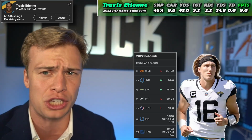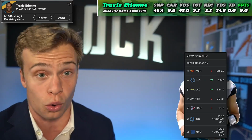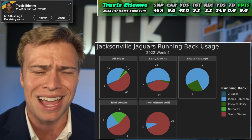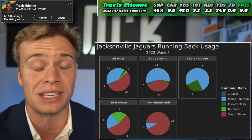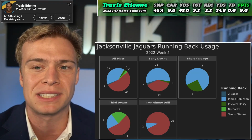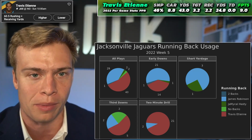Obviously, looks like James Robinson is going to have the goal line role. It looks like James Robinson is going to be the short area running back. I don't expect that to change. I still expect that James Robinson is heavily involved, but Travis Etienne specifically for a full PPR format, just as